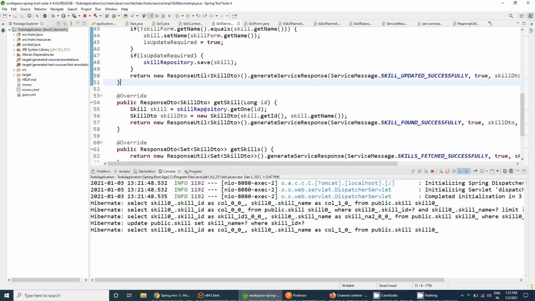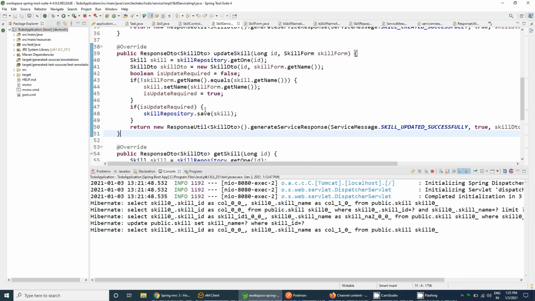One more thing I want to say: in the update skill, I have taken that only if the update is required should it hit the database request, because it will save the request. Suppose I send the same ID and name which already exist inside the database. Then it should not hit the database, because it is already a saved object and there is no change.